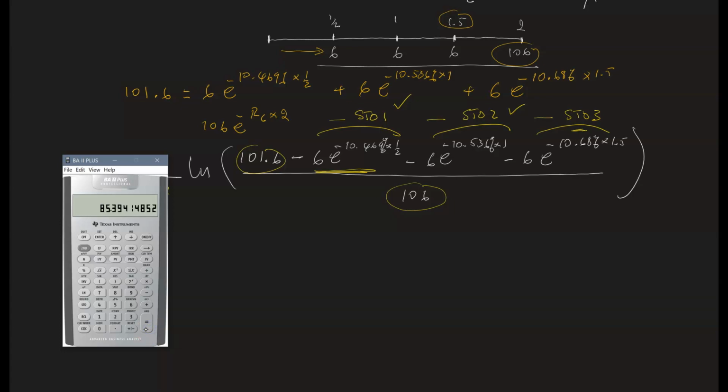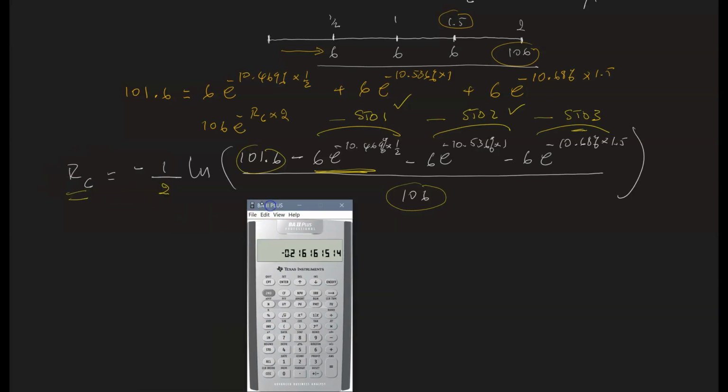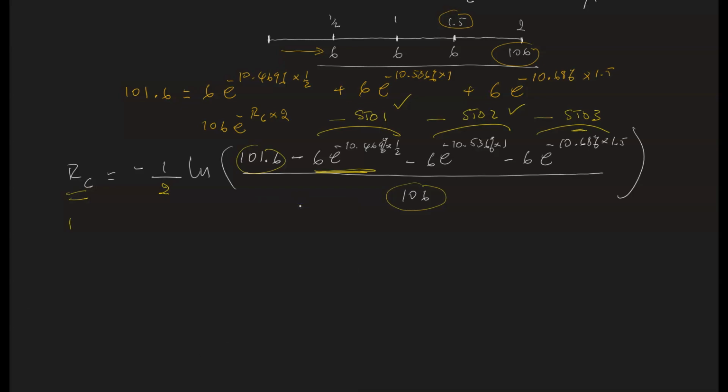That gives me the numerator. I'm going to divide that now by 106. That gives me that value there. I'm going to take the log of that. And after I take the log of that, I need to remove the negative sign, and I need to divide that by 2. So that gives me 10.808%. So my realized or compound yield for 2 years is